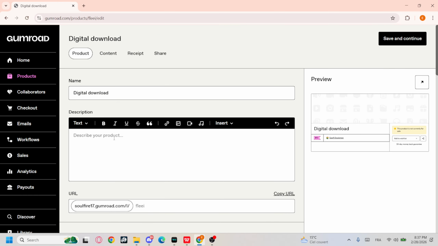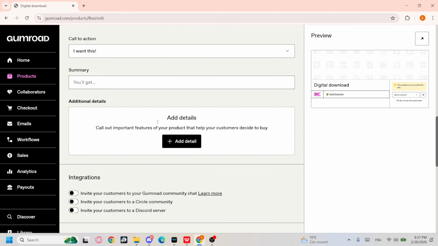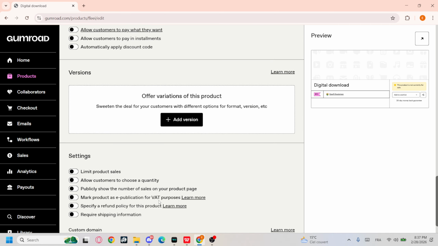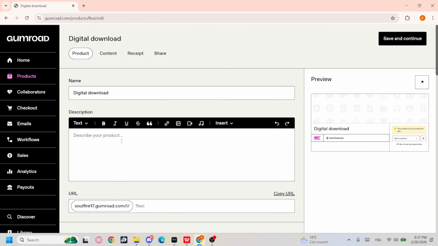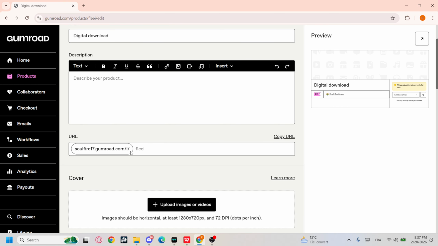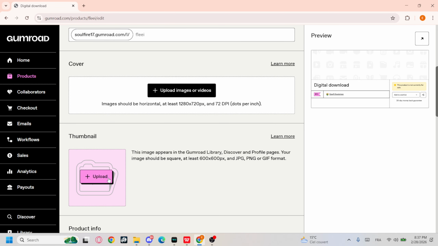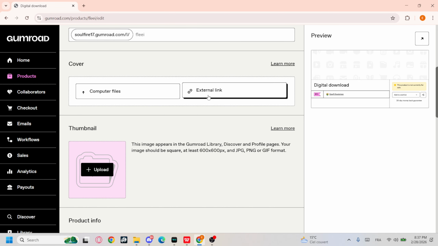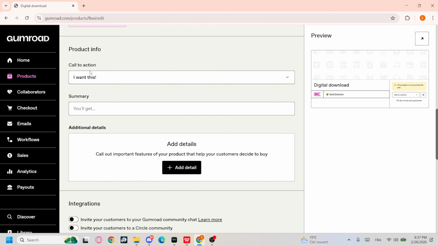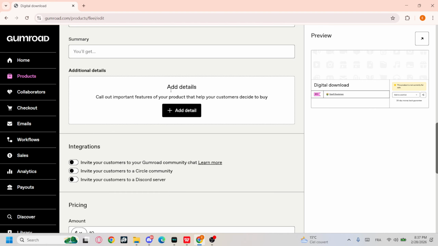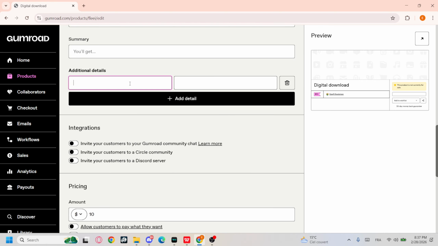And here you will need to provide the customer with all the information of the product, so you can set a description right here, URL, cover, thumbnail that you can get from your desktop. Here you can get it from an external link as well, and computer files. Also the product info, you can add some details, so once you click it you can go with additional details,